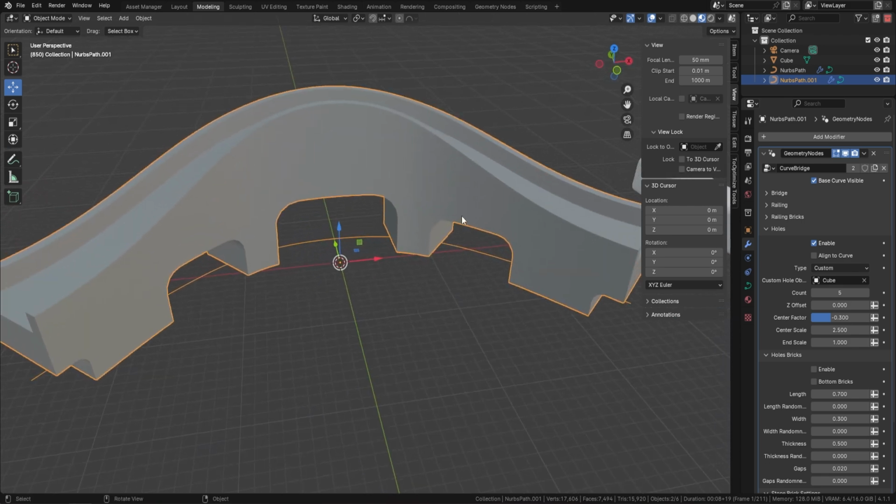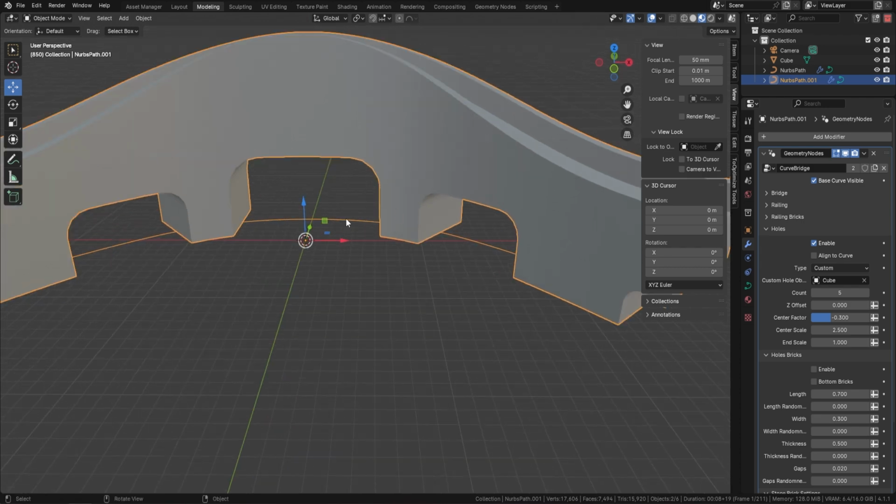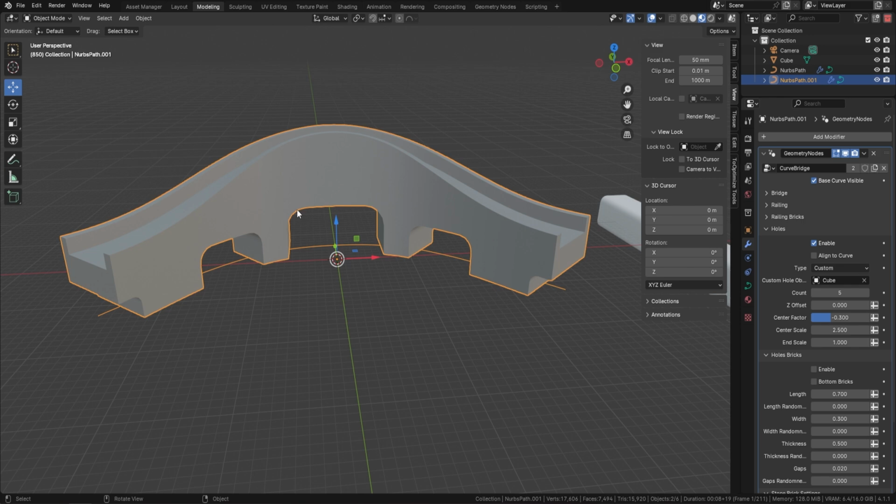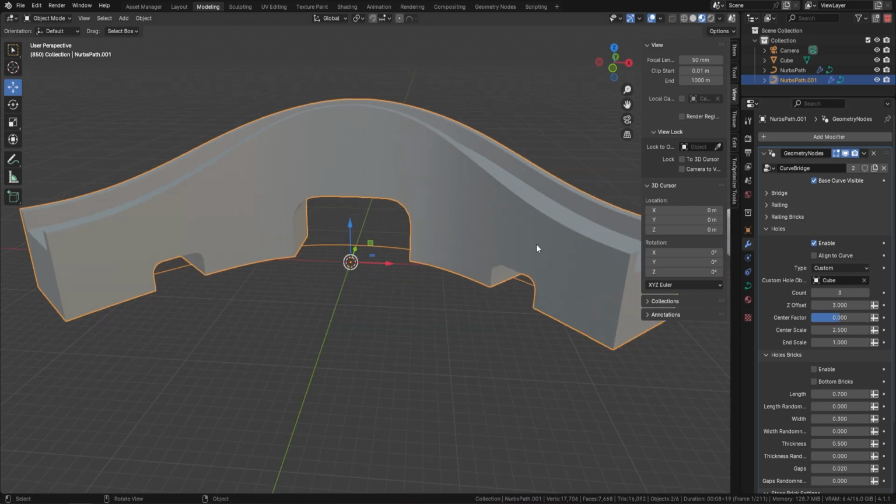Now, what else can we do with this? We can do even more things with this. So at the moment, we've got our holes there. What happens though if we want to move these holes up so we've actually got a center point on here? Can we actually do that? Sure we can. Let's first of all bring this down to 3. Let's set the center offset to 0 again, like so. Let that all load up,